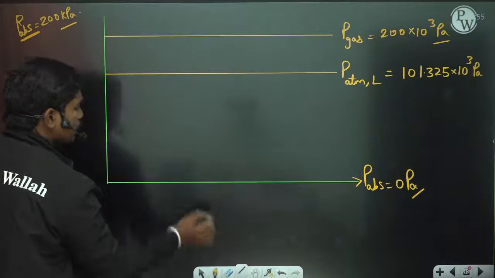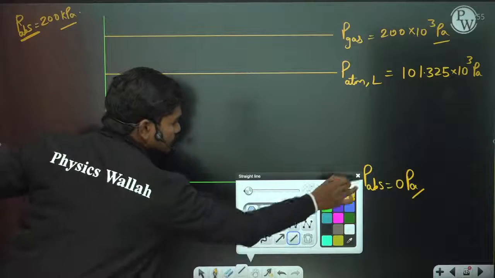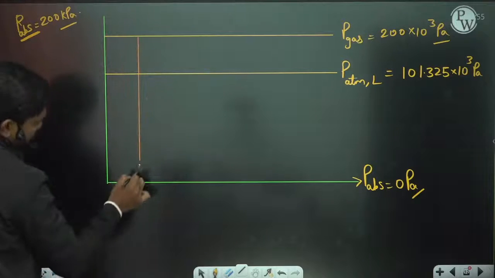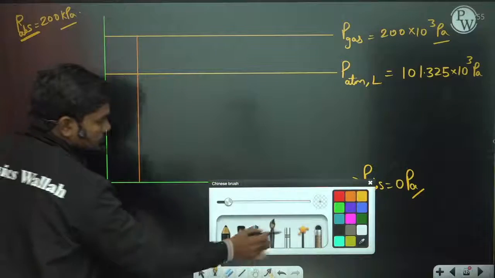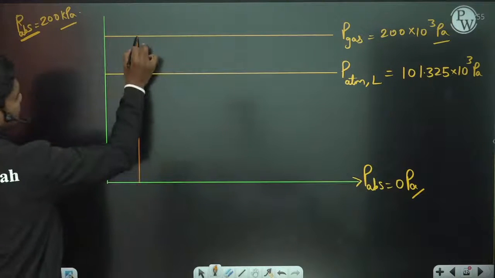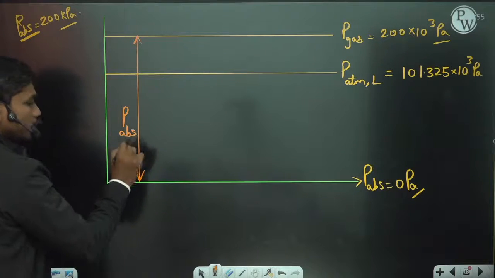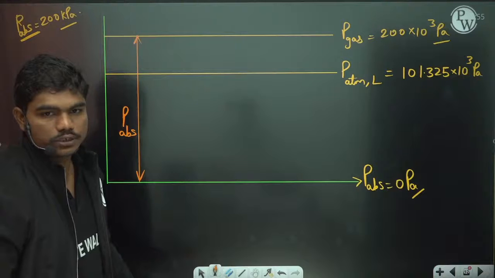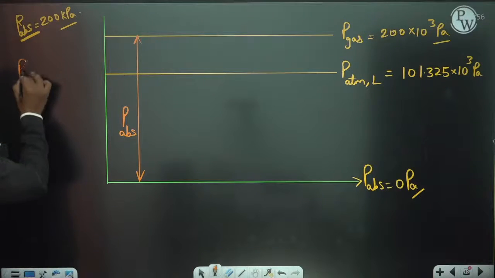Okay, so that's why if you see the absolute value of this pressure, it is given by this reading, P absolute. P absolutes are measured with respect to absolute zero. Now if I want to talk about gauge pressure, P gauge,